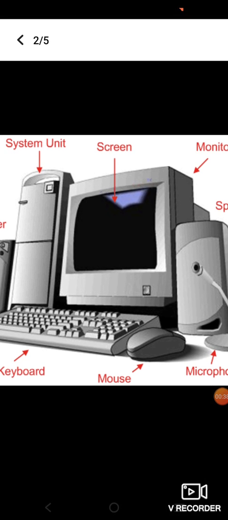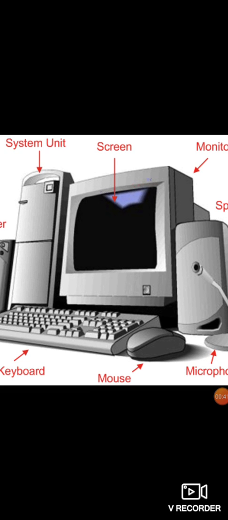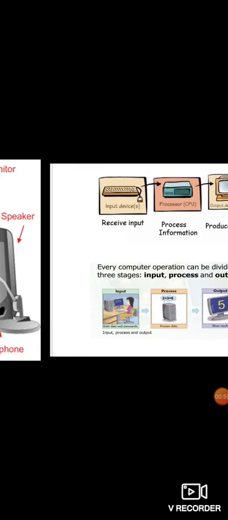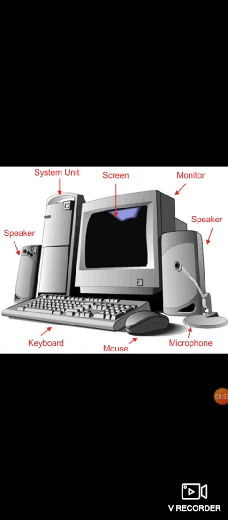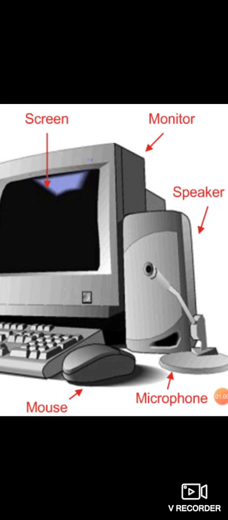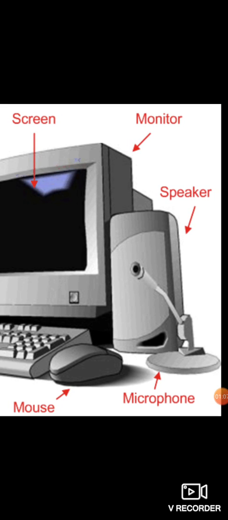The screen you can see here is called the monitor. Monitor is the main output device. Whatever result you want to see, any picture or any text or any videos, you can see on the screen called the monitor. Okay, and then on the right side, you can see the speakers. So you can attach speakers to your computer for hearing songs, anything. Okay, and then you can see here the microphone; a mic also can be attached to your computer.